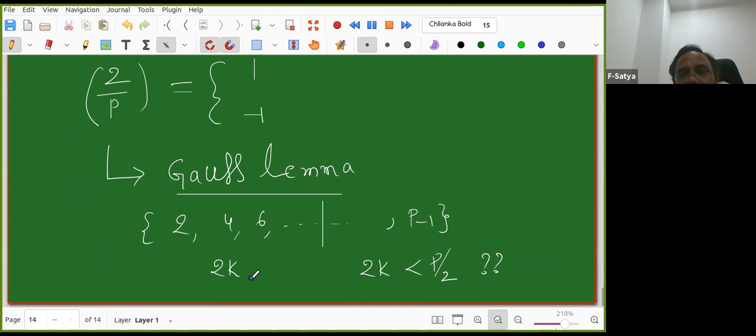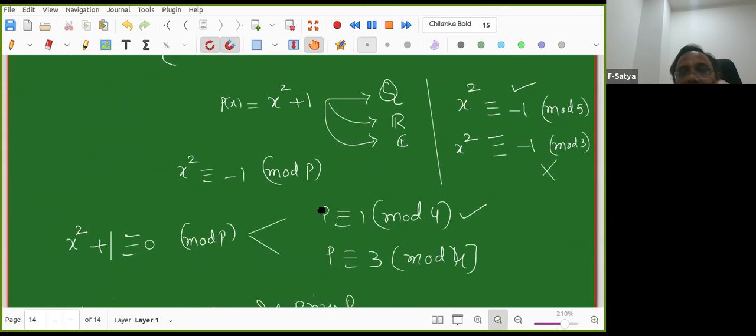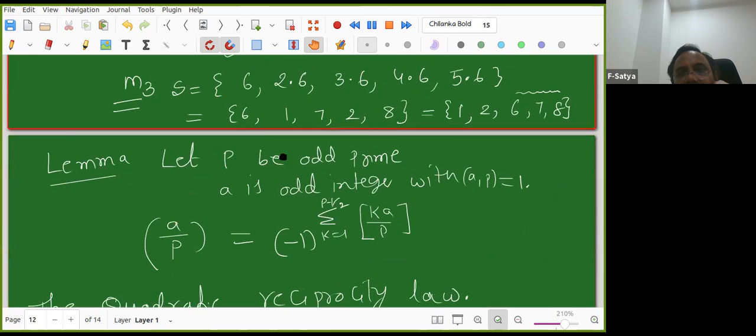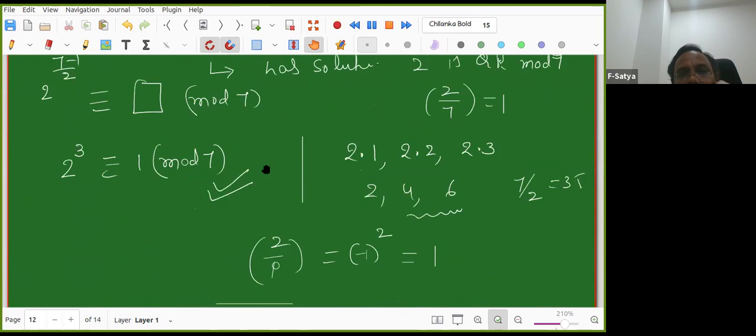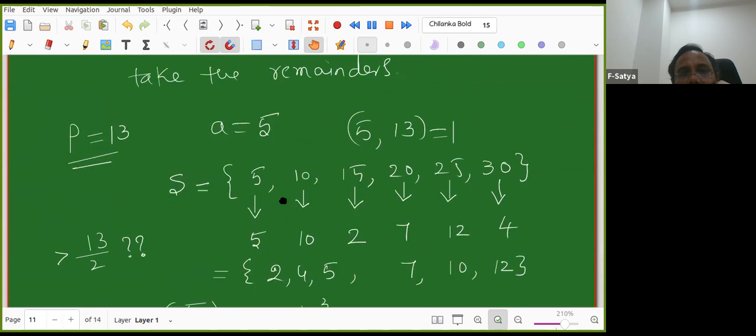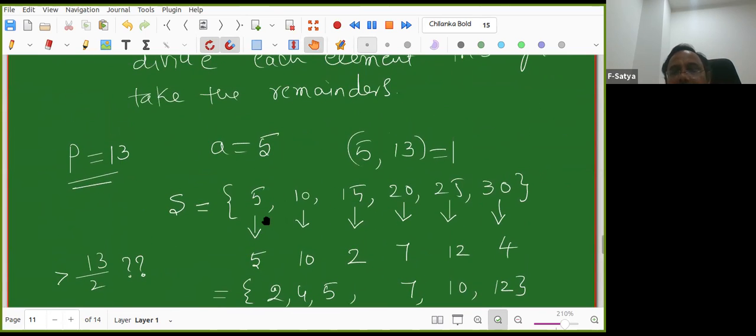You saw earlier that something went wrong. Means not all of them were in increasing or decreasing order, right? I hope you are understanding, but anyhow, I'll show one thing which I already proved. Look at here, 13 and 5, right? So I multiplied 5 into 1, 5 into 2, 5 into 3, up to 5 into 6. But look, after taking remainders, 2 came here. They are not in order.